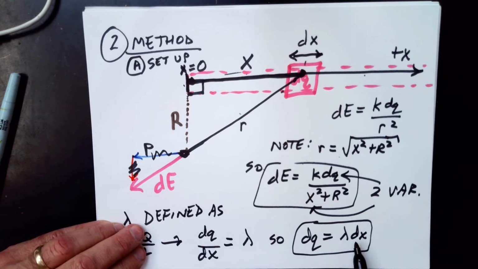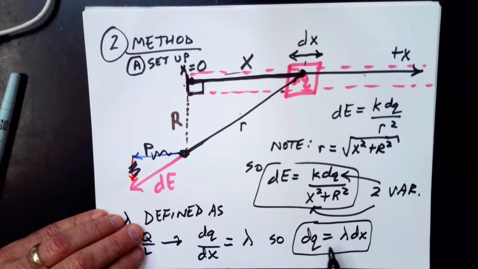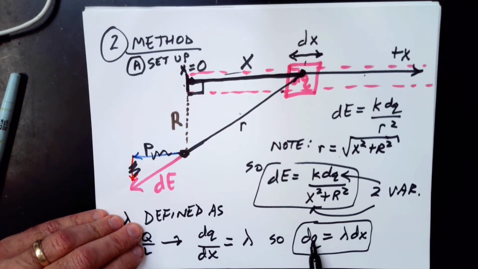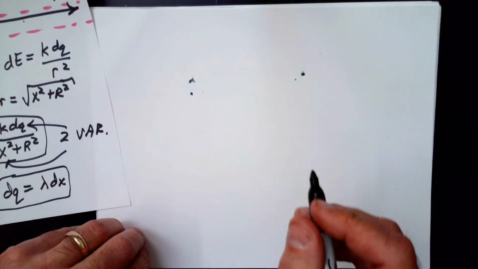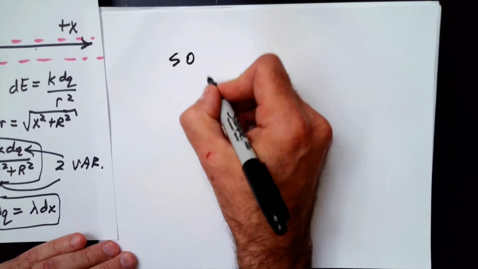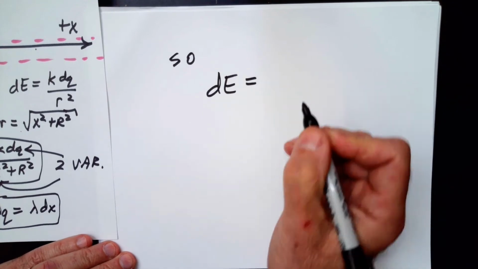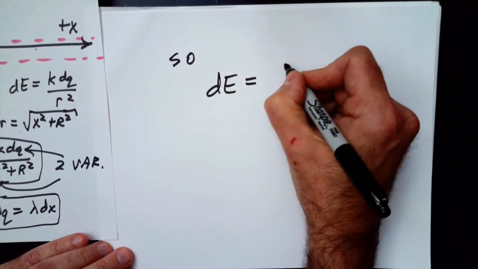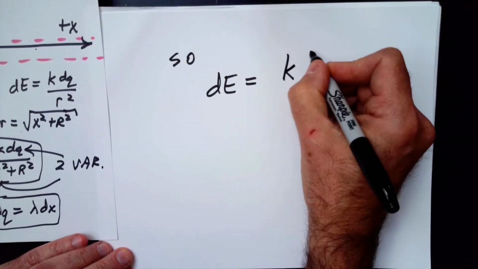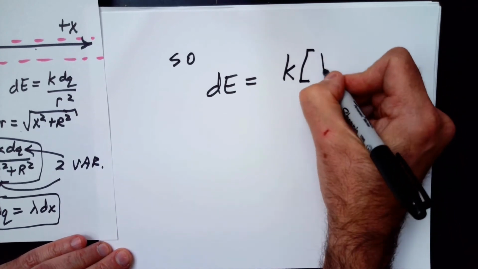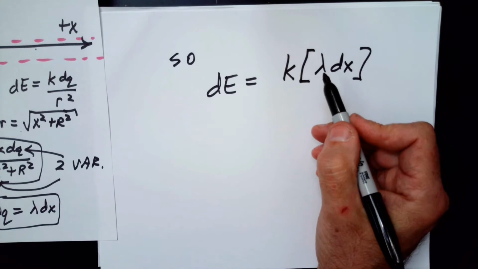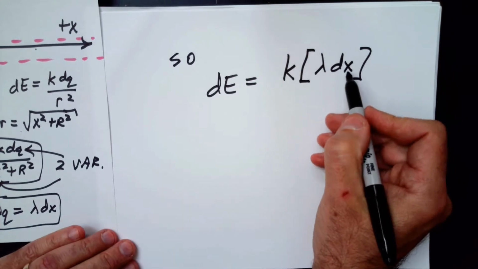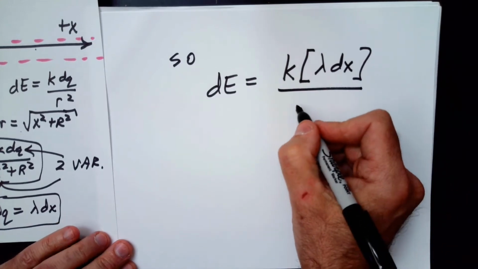Okay, so you want to get used to those three-dimensional things, length, area, and volume, using the densities this way. Here we're using really, really small ones, so we have the d's. Okay, so we now have an expression for that little bit of electric field that is usable. K, and then in place of the dq, we now have lambda dx, right? A little amount of charge is linear density times a little length, divided by the distance squared,